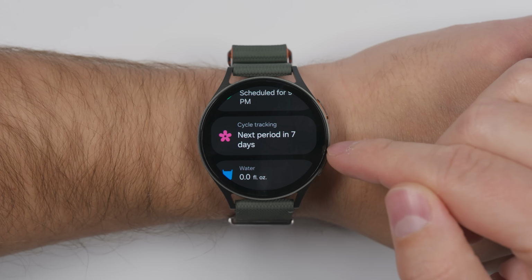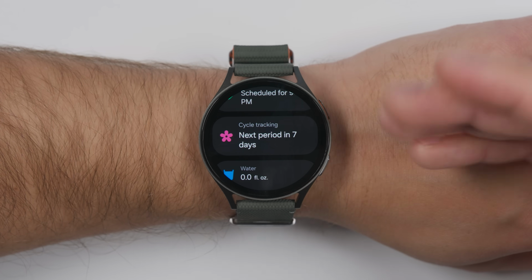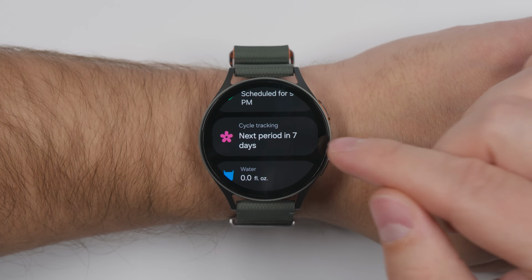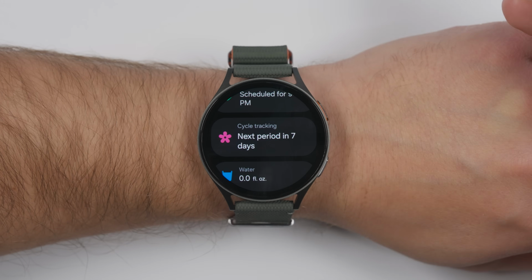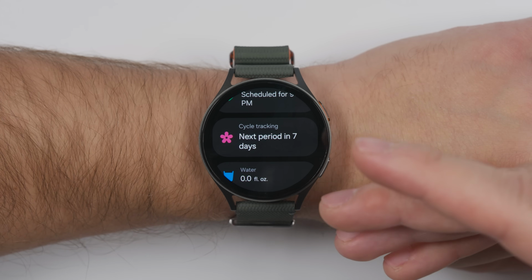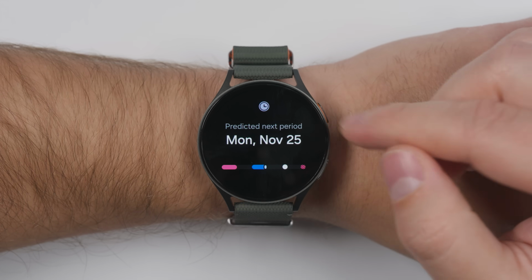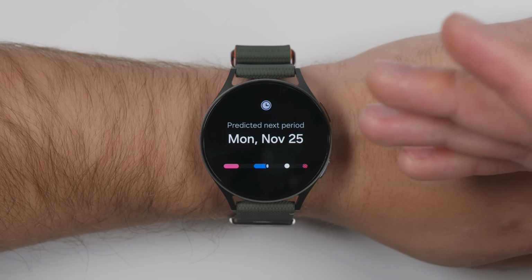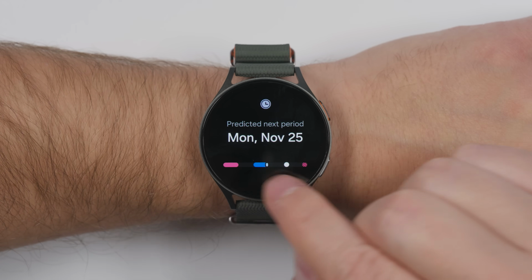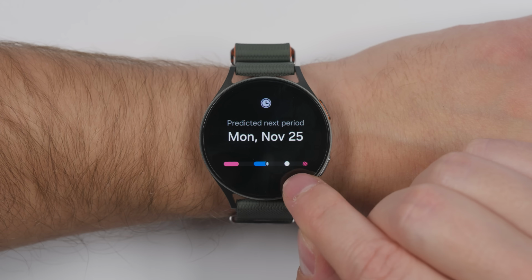The cycle tracking panel will show you different information depending on where you are in your cycle. So it may show you how many days until your next cycle, how many days until you're in your fertile window, or a bunch of other information, again, depending on where you are. If you tap this panel, you'll get different information at the top, again, depending on where you are in your cycle. And at the bottom, you'll get a graph showing you with a white dot where you are in your